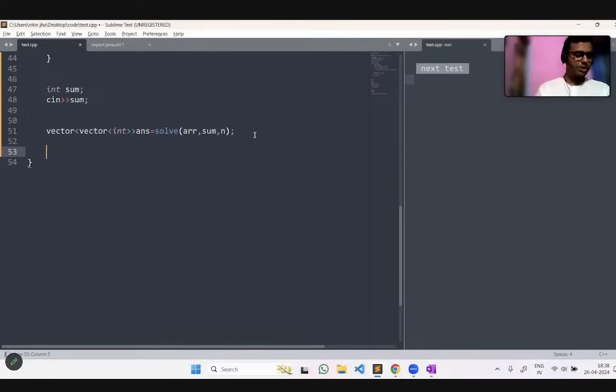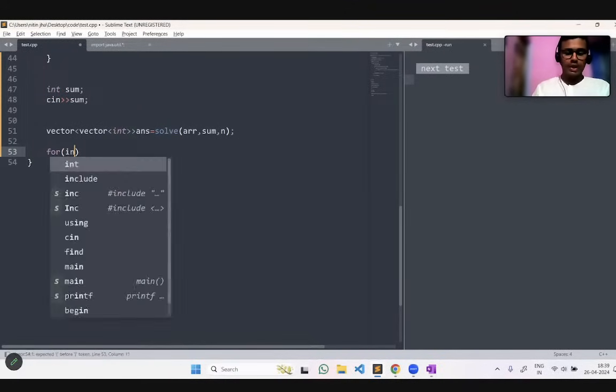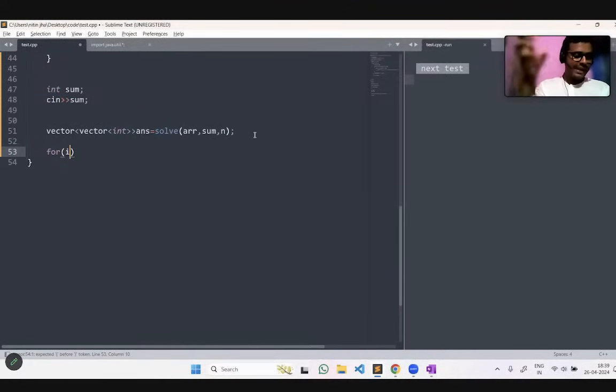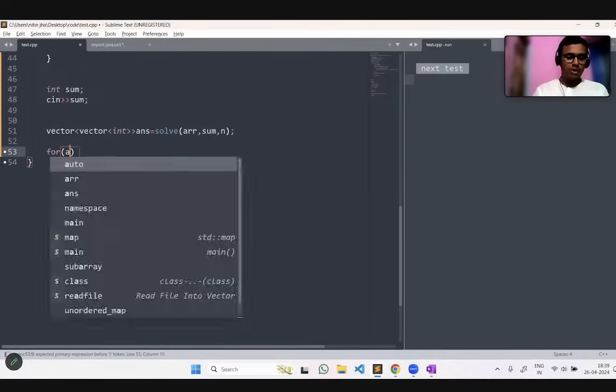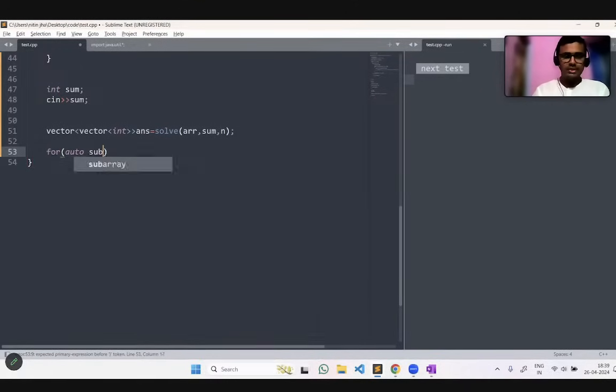In the answer section, because it is a 2D array, for every array in that 2D answer we will have to print it individually. So for auto sub in this answer, every sub will have definite values in itself.